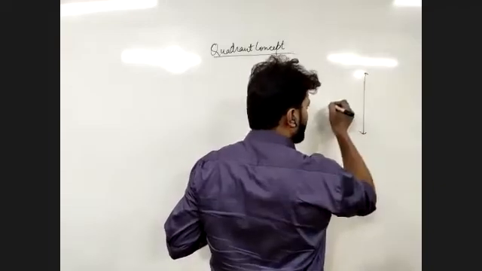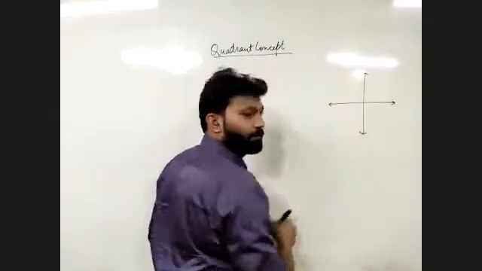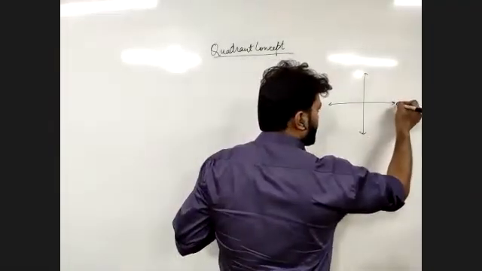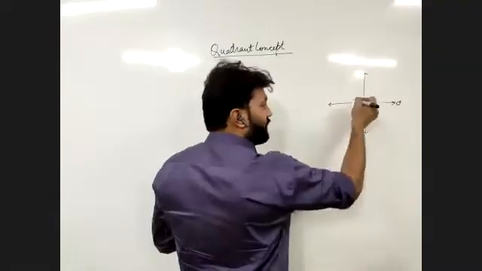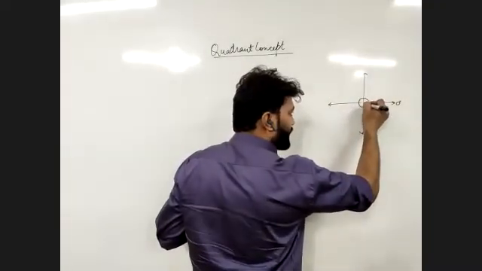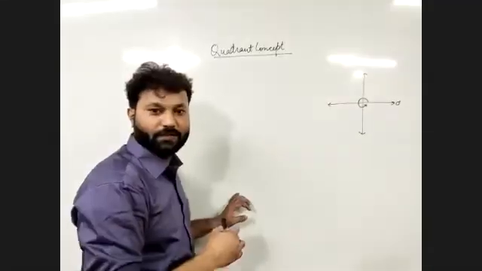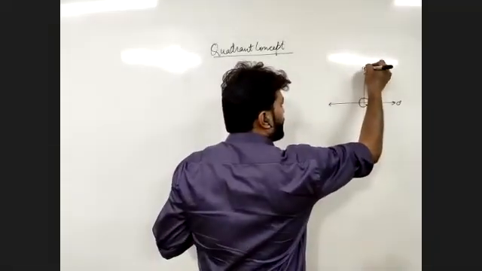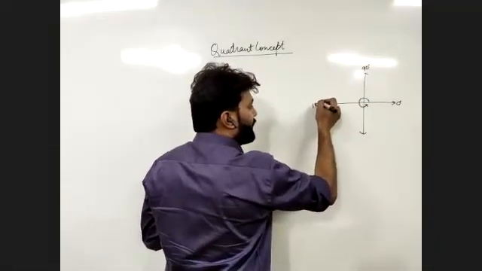We just need to understand small small things and remember them. 0 degree. We know that angles, positive angles, are in the anti-clockwise direction, so angles will increase in this direction. 0, 90, 180,